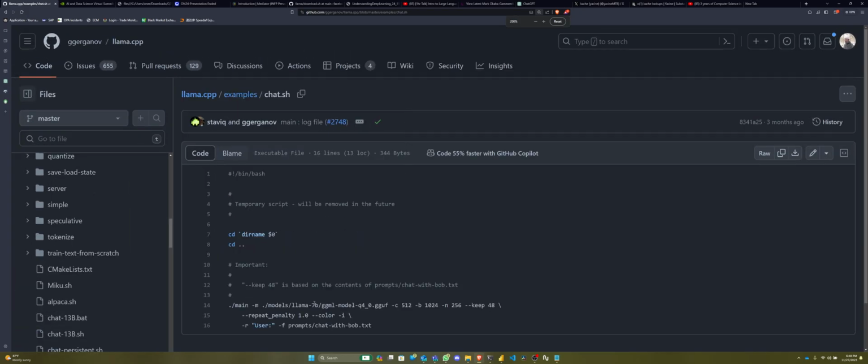This is what we have in the chat.sh file. It's just a bash script that references the current directory where the script is located. Then you move up into an upper folder, and from there you run a main file. This main executable is found in the